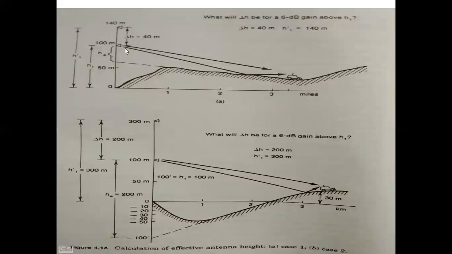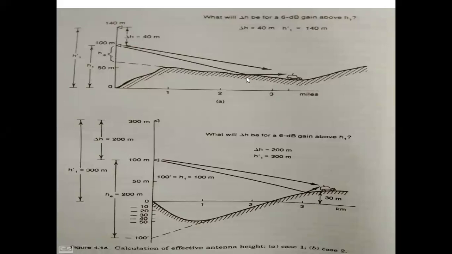So let us consider the figure. Here is our mobile unit, and here we have the cell site. This is the cell site antenna height; let us consider that it is 100 meters actual height, and this is the mobile unit antenna height. When we connect these two antennas, we can get two reflection points. Let us consider one reflection point at this point and one at this point. This point is closer to the mobile unit, so we consider this point only. So this is the first rule.